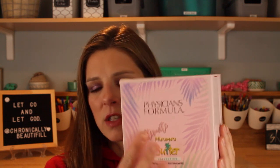I do love this color. This is a nice color. It's very pretty. Okay guys, so that is my take on the Physicians Formula Ultimate Butter Collection Giant Pink Transformer